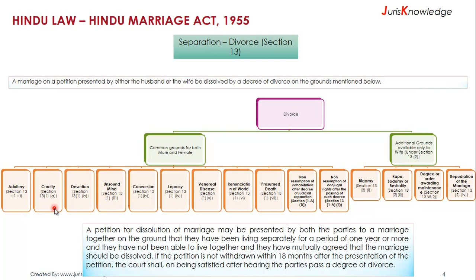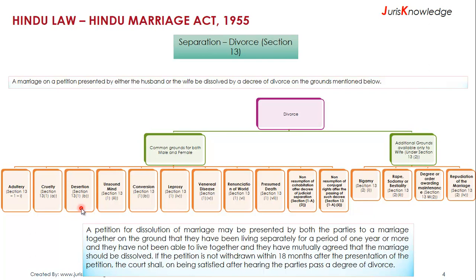An amendment to the law in 1976 states that one single act of adultery is enough for the petitioner to get a divorce. Cruelty is defined in Section 13(1)(a). A spouse can file a divorce case when he or she is subjected to any kind of mental and physical injury that causes danger to life, limb, and death. The intangible acts of cruelty through mental torture are not judged upon one single act, but a series of incidents. Certain instances like food being denied, continuous ill treatment, and abuses to acquire dowry, perverse sexual act, etc., are included under cruelty.